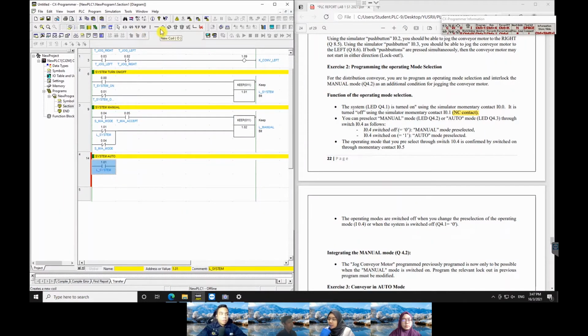Okay, so we use for the mode SMA mode, new close contact. The input is 004 because we have the script at the system manual. Then we use the push button, and then you put the push button. Push button is 005 or TMA accept. Then for output is